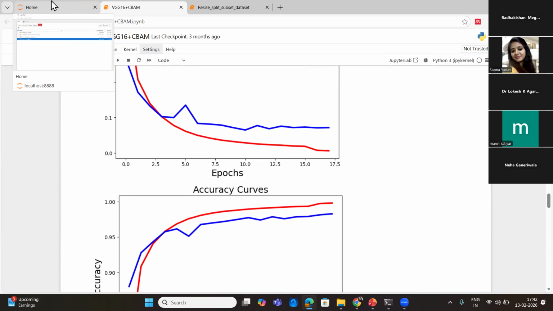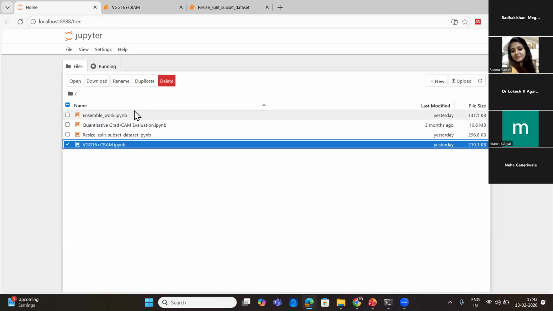Basically, AlexNet, VGG16, VGG16 with CBM, and VGG16 with the transformer. For this purpose, I am showing only one training model here, but the rest of the 3 models are trained on the same experimental settings, like the number of epochs, the batch size, and the hyperparameters. So all of them are trained on the same input data and the same hyper settings. So for the ensemble,